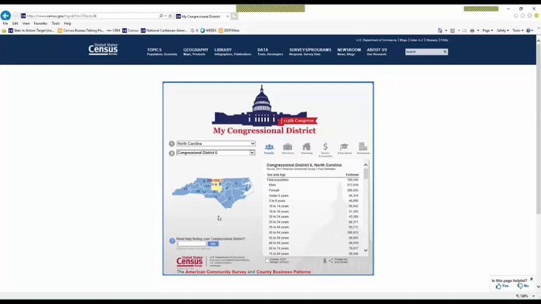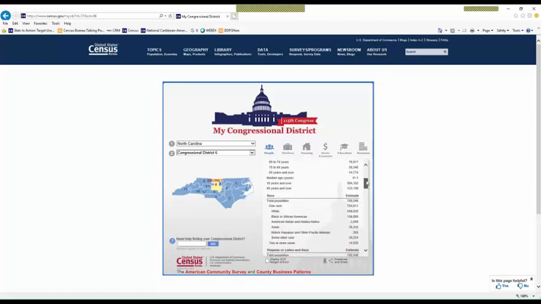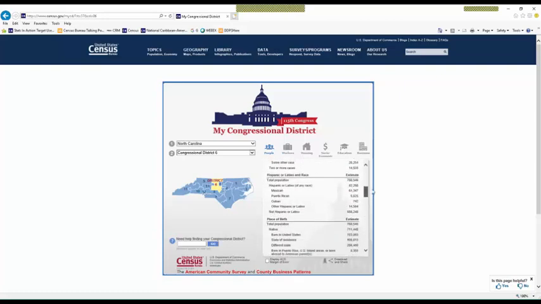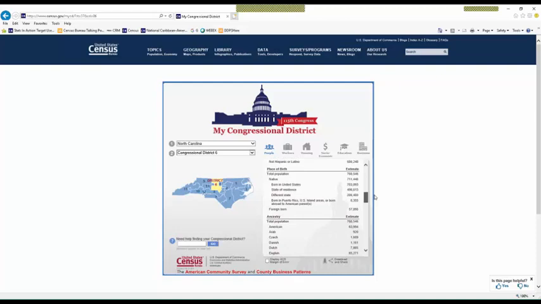So immediately by clicking on District 6 in the drop-down, I get facts here on the right, divided up by these topics here. In this tool, you also have business data, which comes from the Business Patterns program. So you can see the population in this congressional district, which seems to be the average in the country. They're usually around 700,000. So you have 768,000 people in this congressional district. It gives you the age breakdown, the race breakdown, Hispanic origin, place of birth,